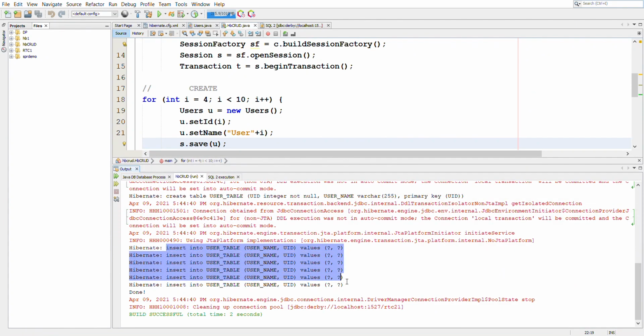So we have inserted these many rows. So the table has been created first and then these many rows have been inserted.